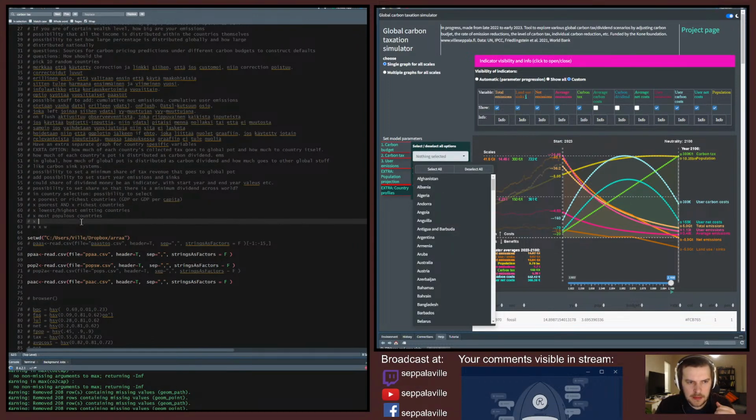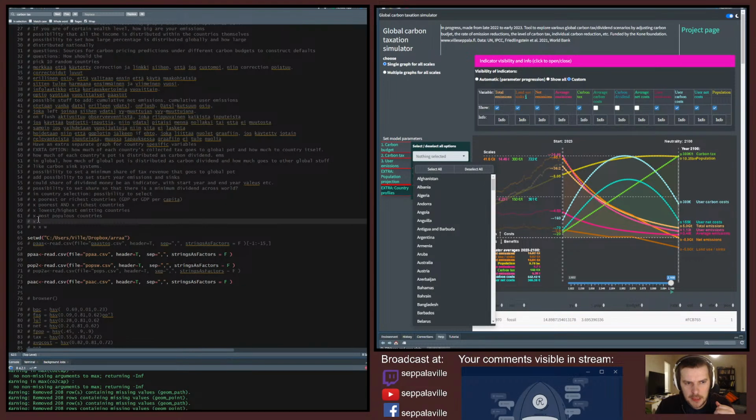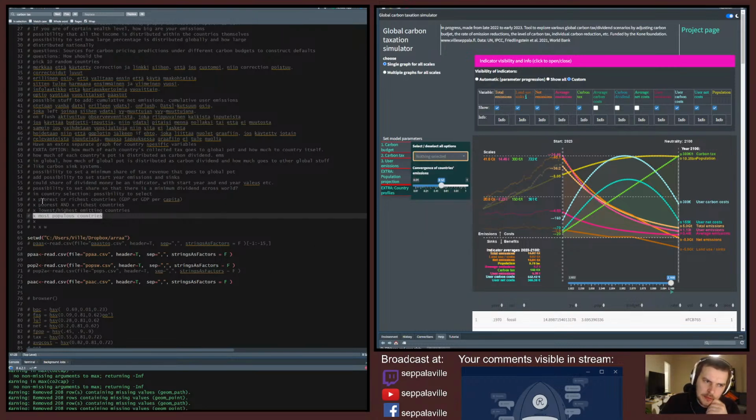So something like this where you can choose that I want to see the progression for 10 of the biggest countries, how it would look like. And you can choose the X, and that would then play around